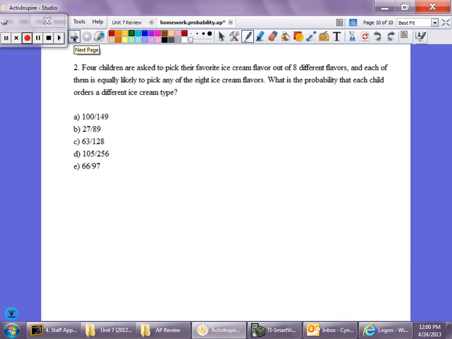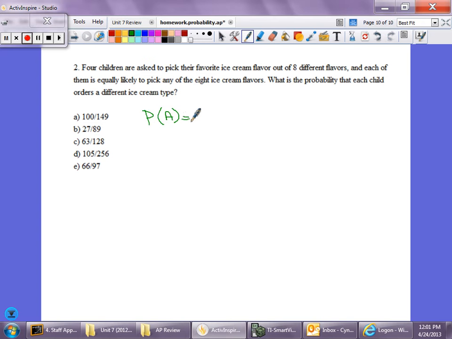Okay. 4 children are asked to pick their favorite ice cream flavor out of 8 different flavors. Each of them is equally likely to pick any of the 8 ice cream flavors. What is the probability that each child orders a different ice cream flavor? Well, I'm going to begin by defining my four events. I have child A picking an ice cream, child B picking an ice cream, child C, and D. The only issue is that after child A